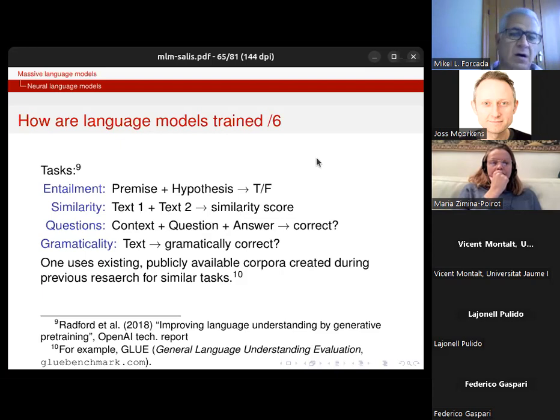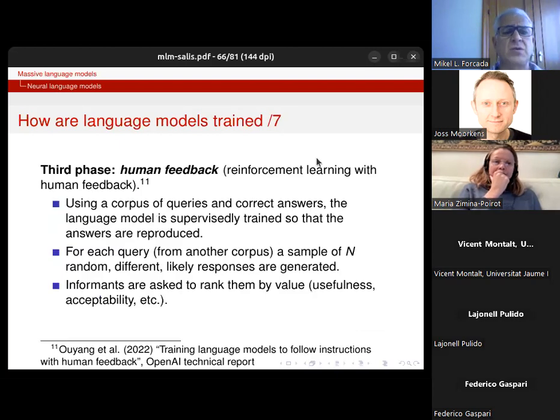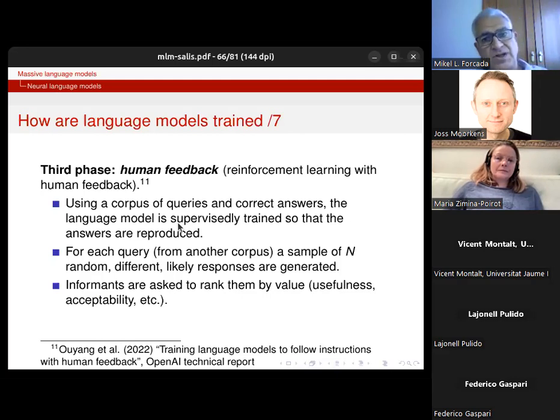It's a big benchmark of tasks. And the third phase is the one that uses human feedback. So you basically have a corpus of queries and correct answers. So you have texts that show the desired behavior of the chat, and you train it so that the answers are reproduced. So you basically retrain the network a little bit so that the output, which is next word,